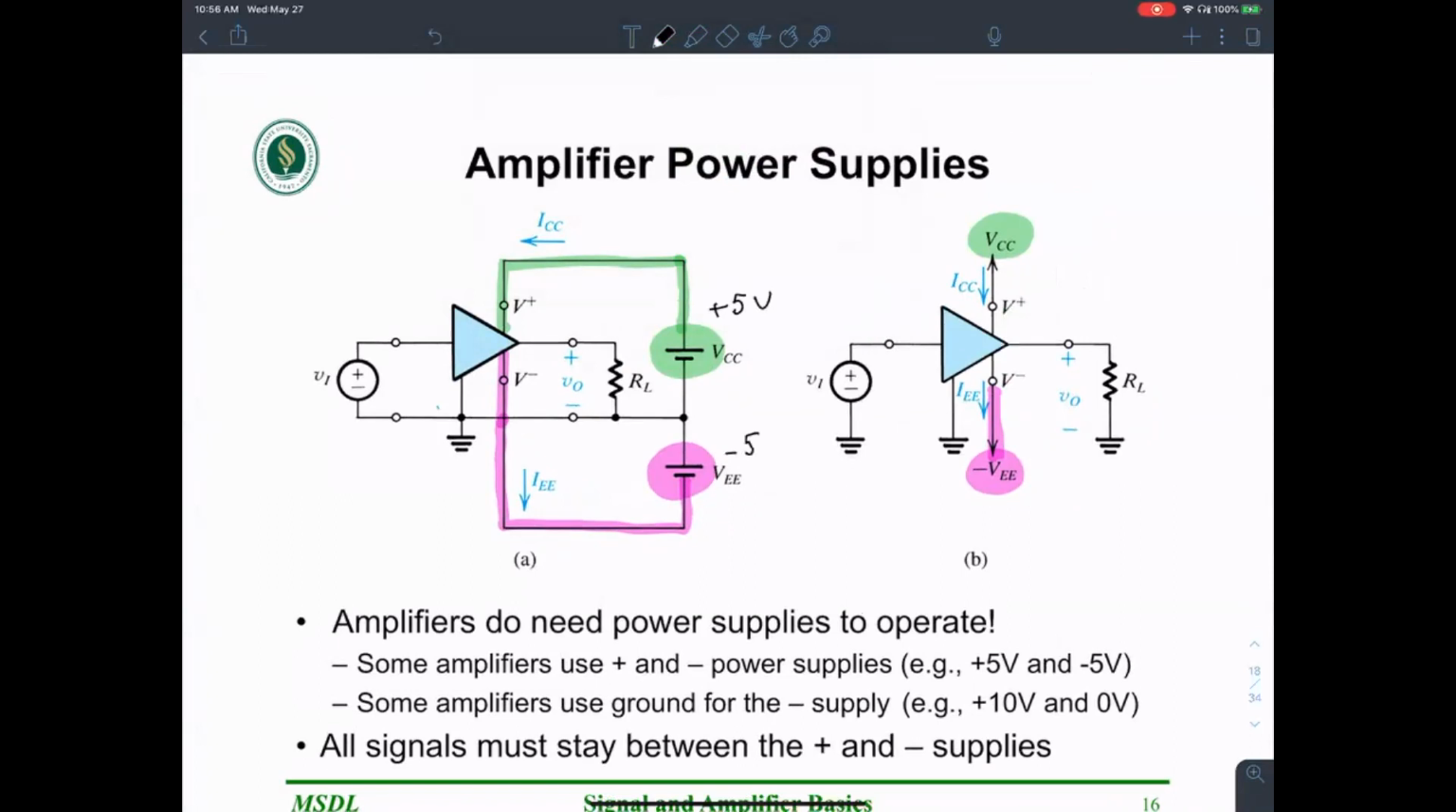Okay, what's the total range here? The total range is plus 5 to negative 5. So the total power supply range is 10 volts. Interestingly,